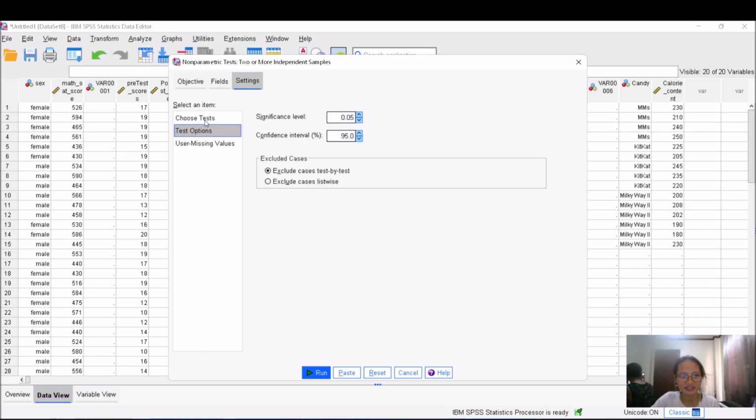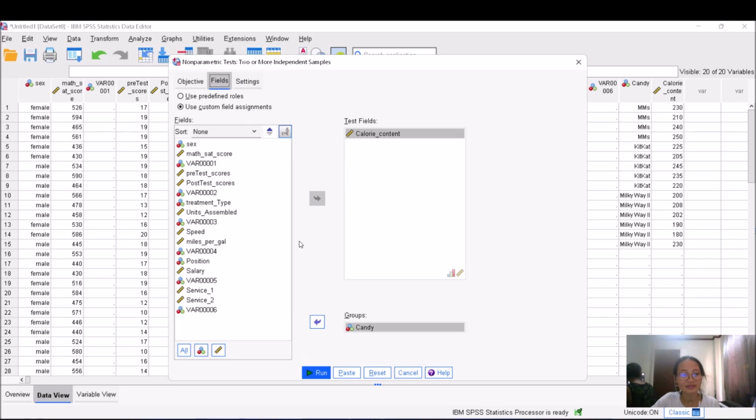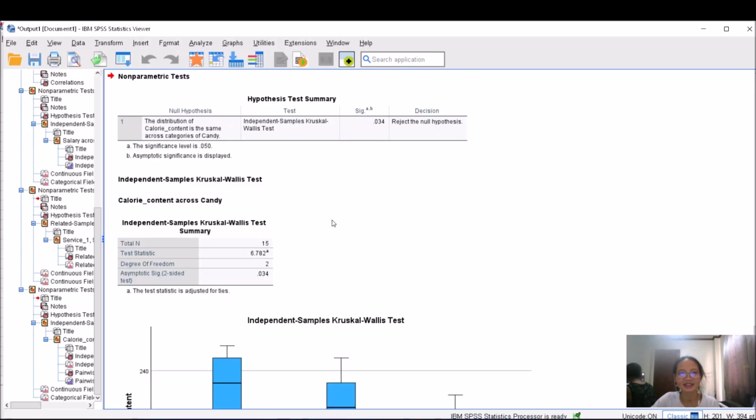Just click choose test, so customize test. This is Kruskal-Wallis, and then multiple comparison is all pairwise. But if not, then you just let the SPSS choose the test for you. So just click run. Okay, so it ran an independent samples Kruskal-Wallis test, which is 0.034, which rejects the null